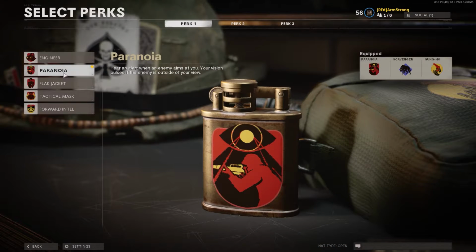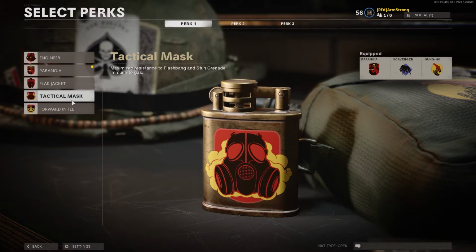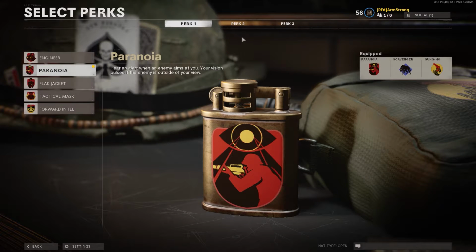Perk 1, I always use Paranoia. A lot of people will tell you Tactical Mask is a good idea. I don't know, I don't seem to get in many sticky situations with flashbangs because the other person usually stuns themselves too. Like, they'll walk and throw it, so we're always timed the same. It will give you a slight edge, but Paranoia definitely gives you an edge as a sniper when you can